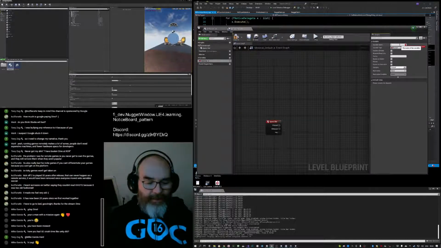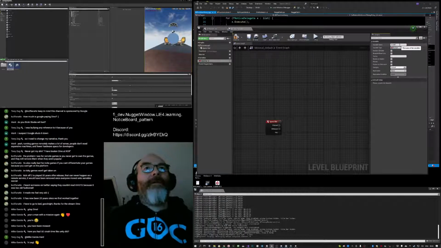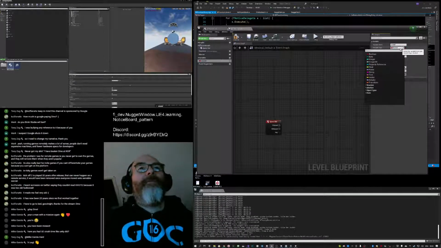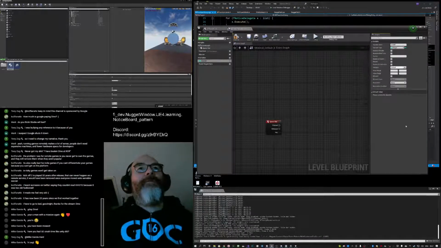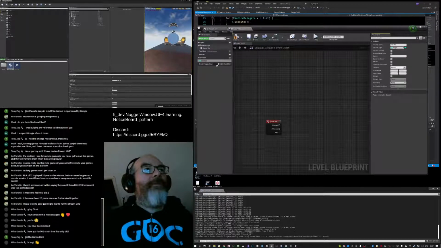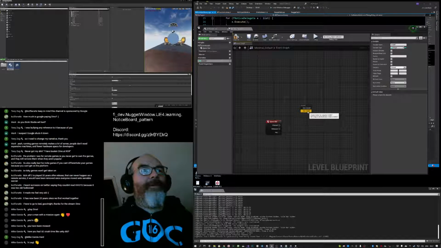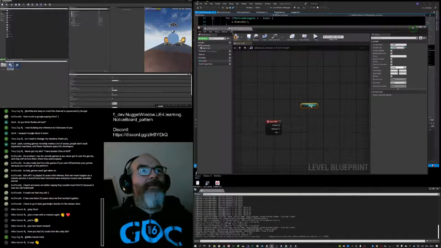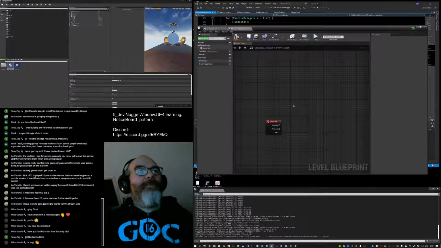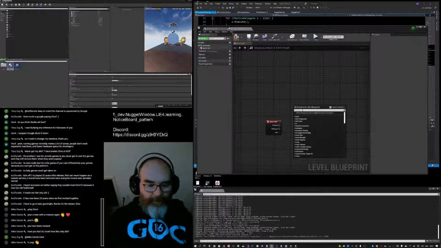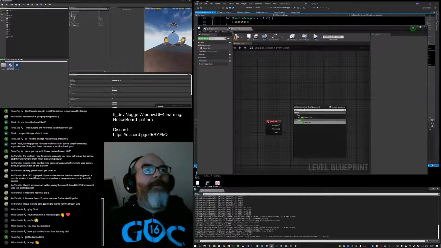So the visible name is going to be count, and integer. Increment an int.